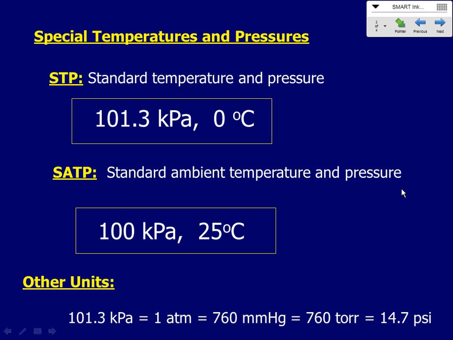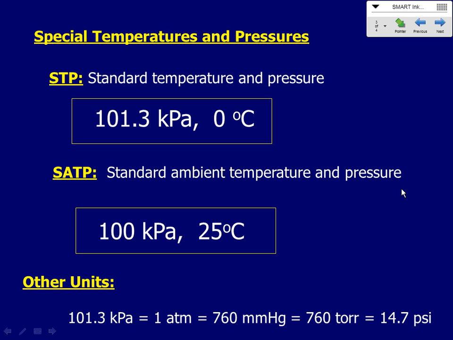So that's where this number comes from. This number, 101.3 kilopascals, is the average air pressure over the surface of the earth. And that's an important thing. That's an important number because that's the way we exist. We exist in that air pressure. Same with the molecules, same with the water, same with the ice. So if we want to study the substances on the planet Earth, then we need to be worried about that pressure. All right? 0 degrees Celsius, that's where water melts, freezes. That's important as well.